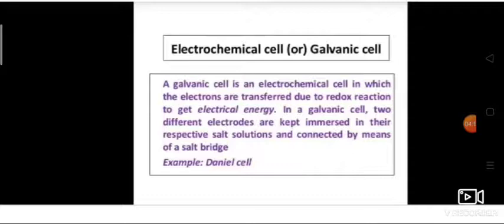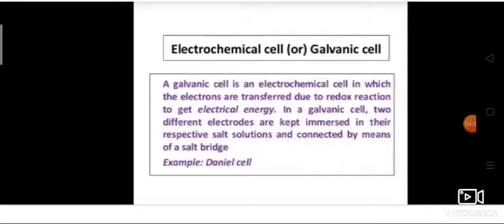That means two solutions are in different beakers, and both solutions are connected by a salt bridge. As per the salt bridge definition I said, it does not react with the solution. It prevents the accumulation of charge in the half cells and completes the internal circuit. So an electrochemical cell is a cell in which chemical reactions result in the production of electric current. That is, chemical energy is converted into electrical energy. A dry cell is an example of an electrochemical cell.